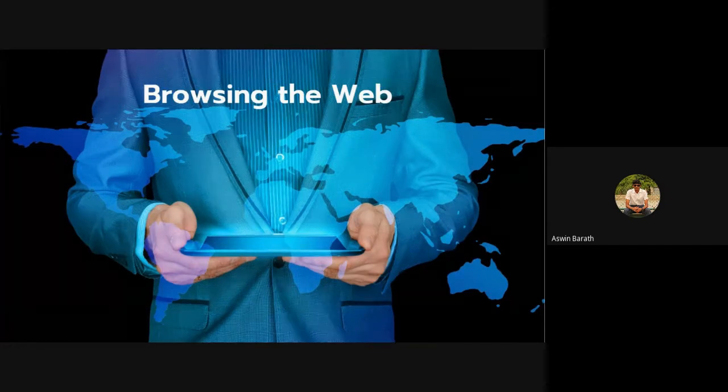Then you must have heard something called an internet service provider. Can anyone tell me what is an internet service provider? ISPs are, for example, Idea and Vodafone and BSNL, all the providers that provide internet. Exactly. So we have companies like Airtel, BSNL, Vodafone, right? These companies are called internet service providers.